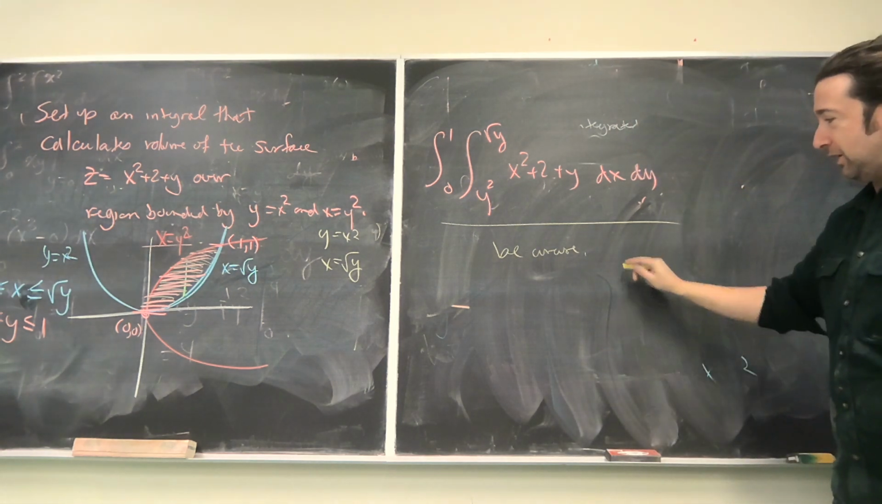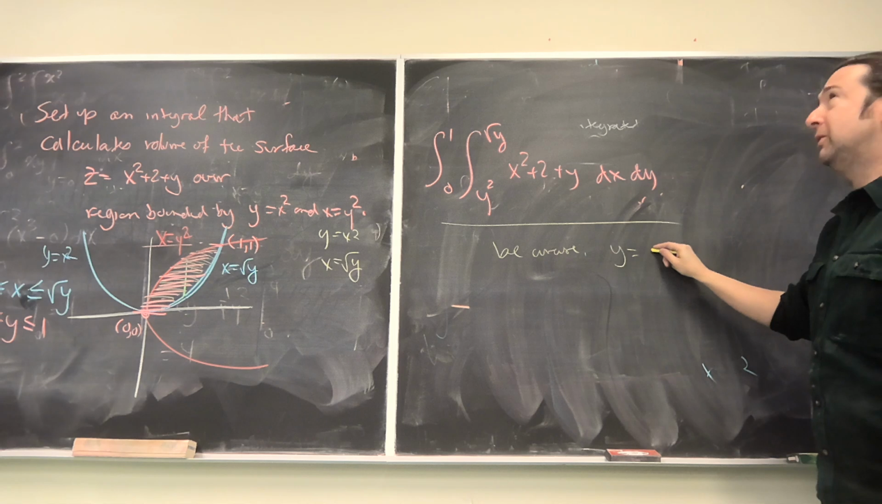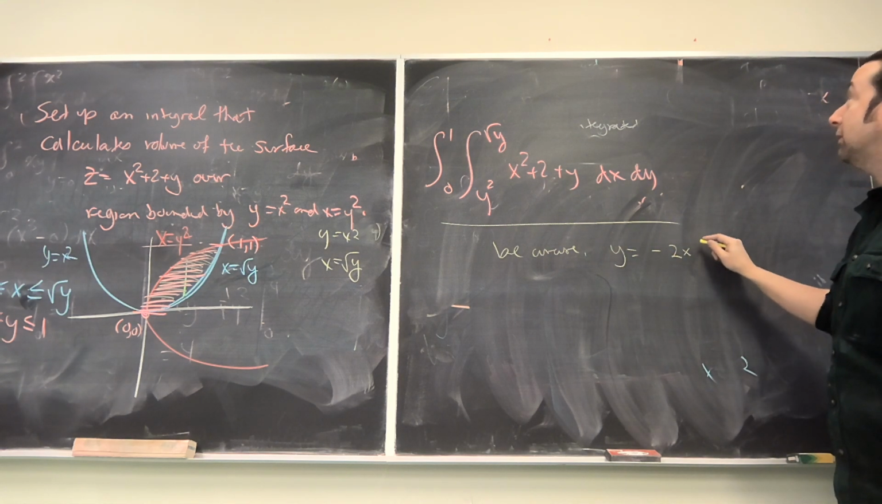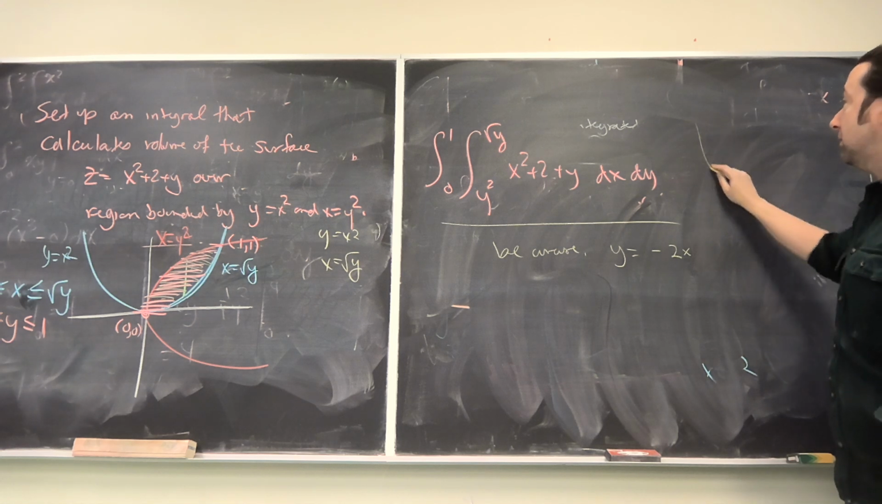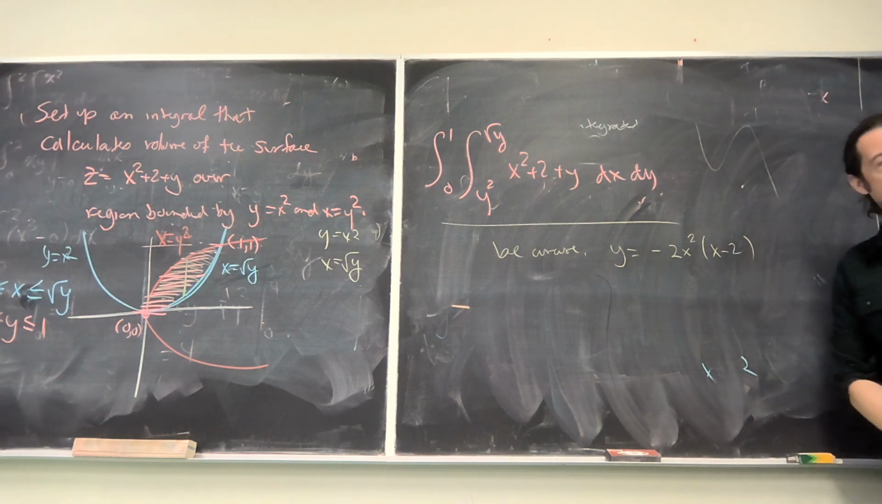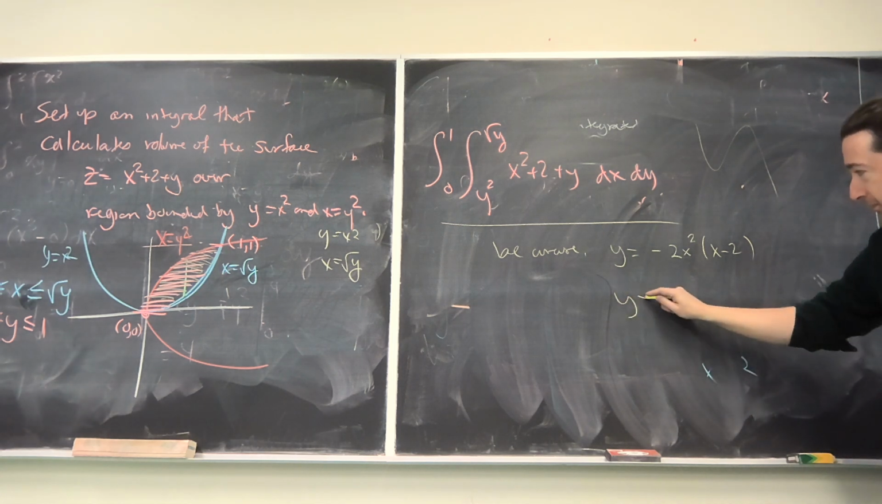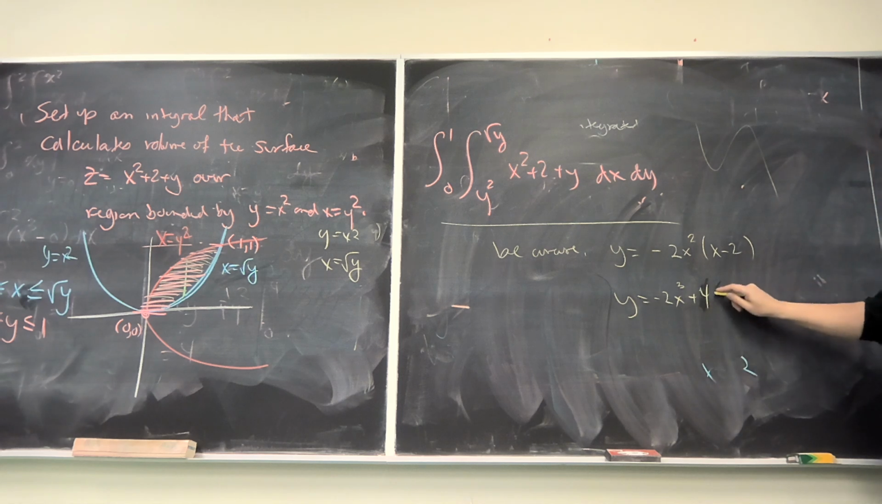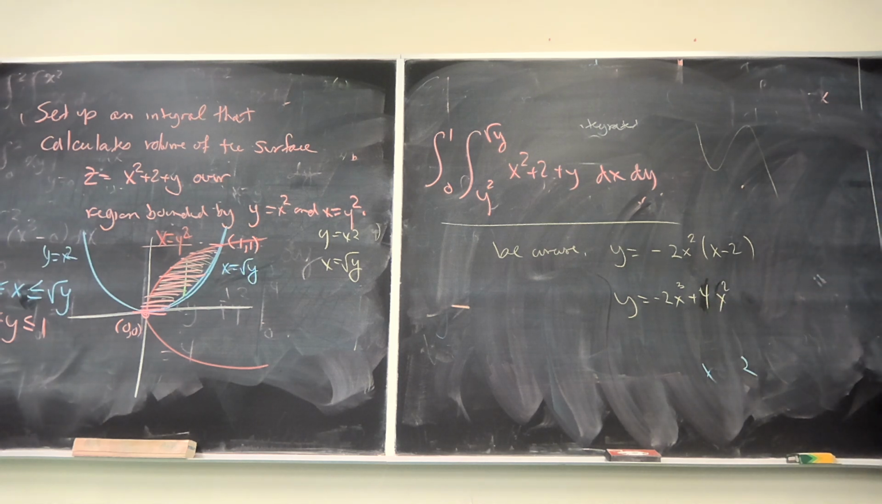If I wrote down a function like y is equal to negative 2x, how do I want this to go? I want it to come down and bounce and then go through. Okay, x squared times x minus 2. So minus 2x to the third plus 4x squared, say. If you plotted that, so come down and then bounce and then go through at 0 and 2, and I ask you the question,